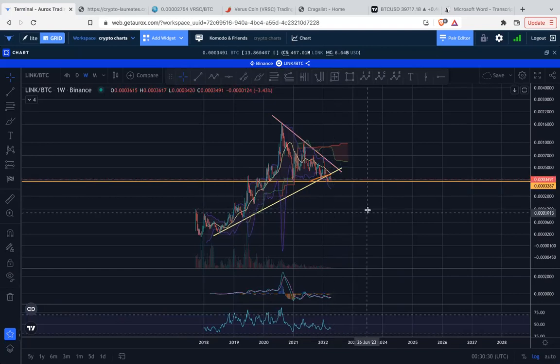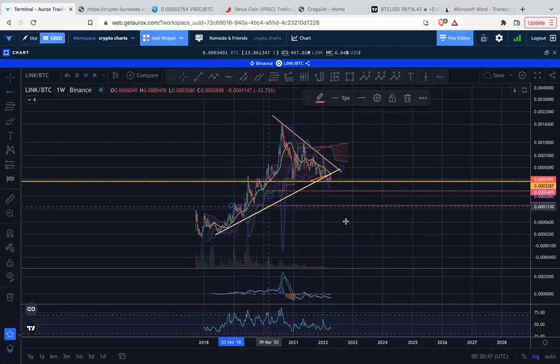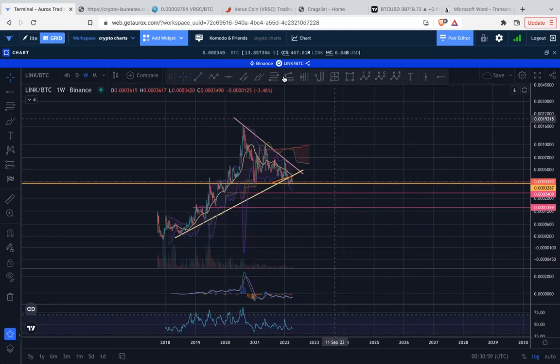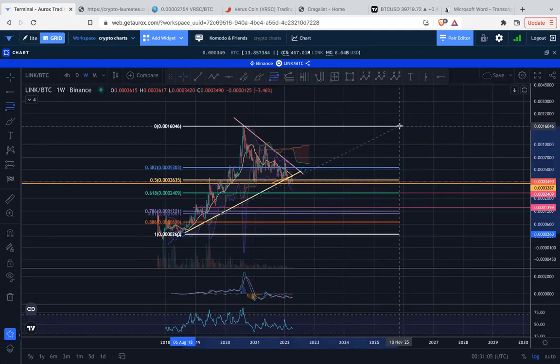And how low will it go? Again, we can pop some lines over here. This is where it took off from and found that support. And then this was the level with previous support turned resistance, resistance turned support as well. And then we have this ultimate level down here, but I think at that point we can start drawing it in later. And if we want to look again at the retracement from this move up, we're looking at a 50% retracement. So 61.8 would be here. 78.6 is very common in the crypto.